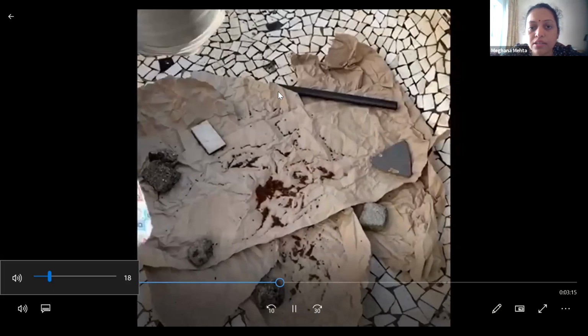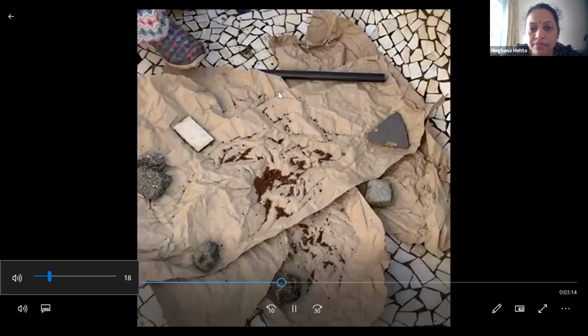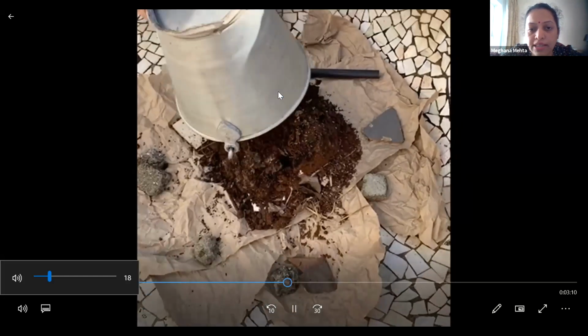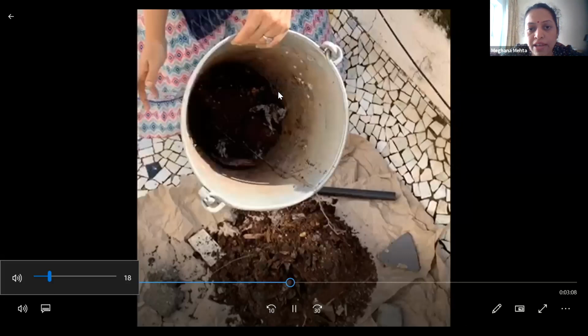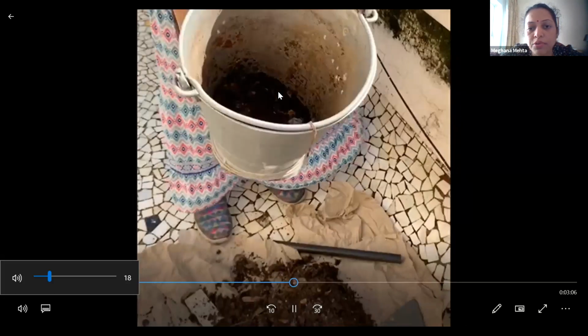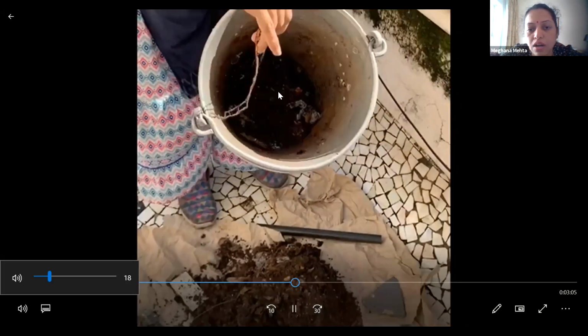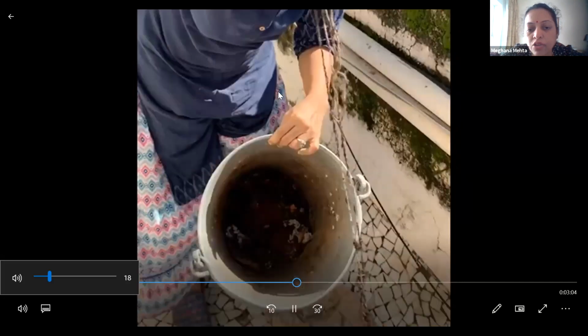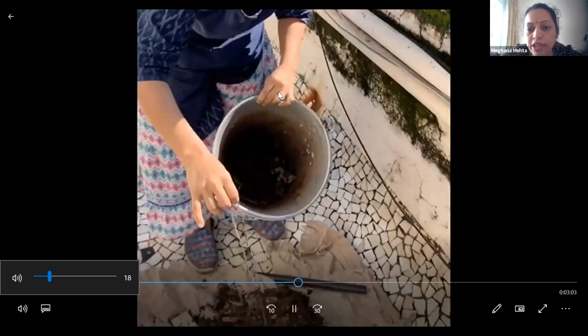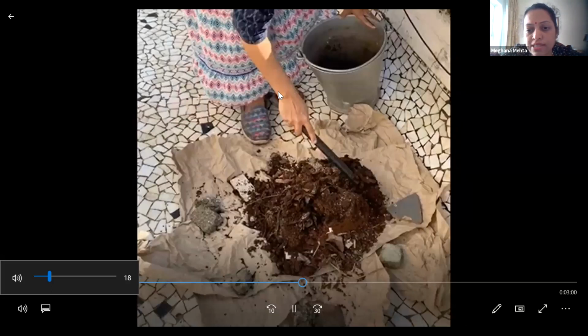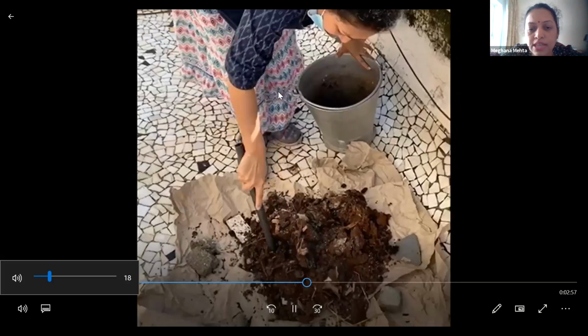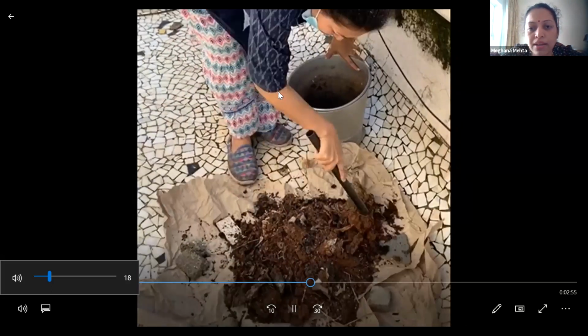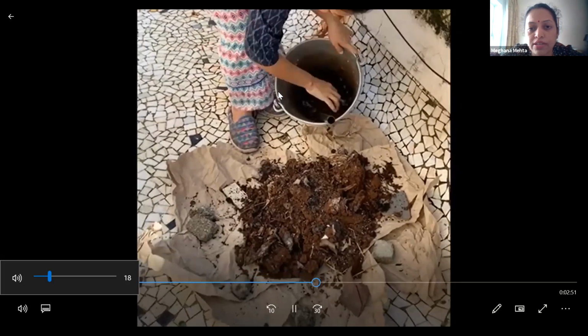Now I empty the bucket. And you see how many things have decomposed, some have and some have not. Some thread is there. As a beginner, you should not put anything apart from the kitchen waste, green and brown leaves and twigs, because all these other things will not decompose and it will be very difficult.